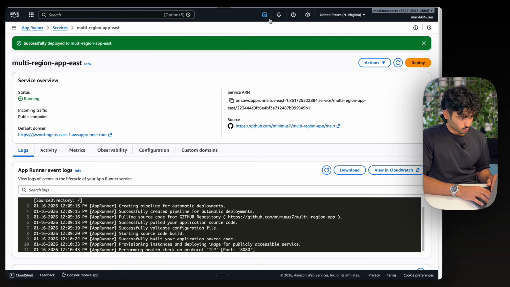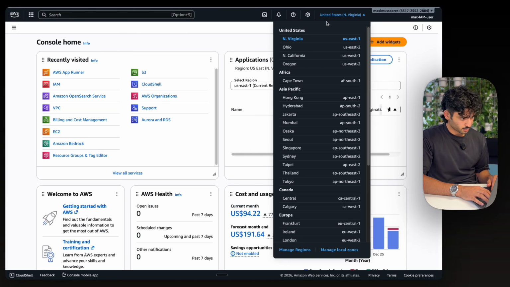We're going to go back to the home page. I'm going to select US East 2. So that is Ohio. I want to make a note here. You'll see me saying US East 1 and US East 2, but actually we want to be deploying in US East 1 and US West 2 so we can get those latency benefits. Like all the diagrams I talked about. I'm tired, guys. I made a mistake, but I hope you don't make the same mistake.